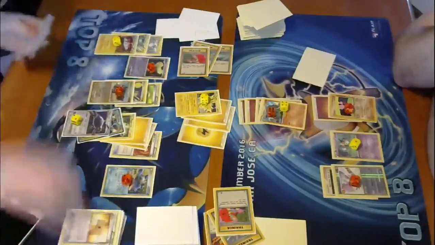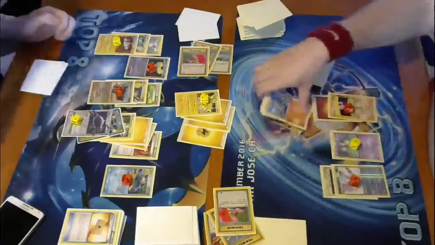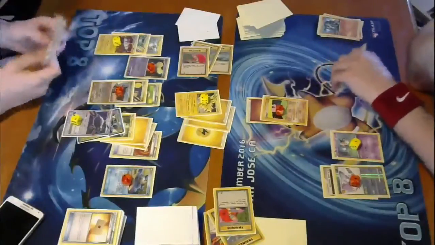Man, he had it in his hand. I didn't know he had it in his hand until, I don't think he attaches it this turn. I think he saves it. Yeah. And so now he's attacking me with a non-EX Pokemon that's resistant to fighting, and I am just top-decking horrible. I hit this Lysander, but